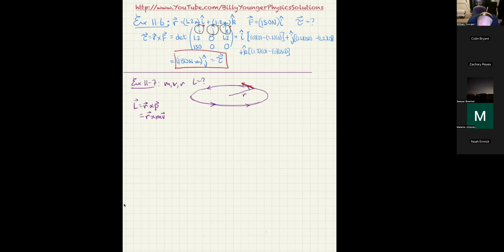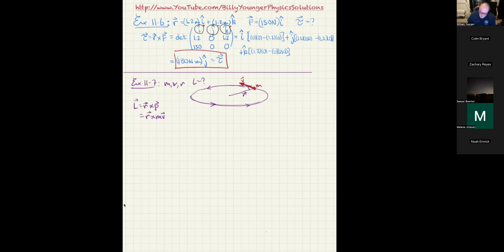Tangential to that circle there is a velocity v, and its mass is m. Okay, this vector r,